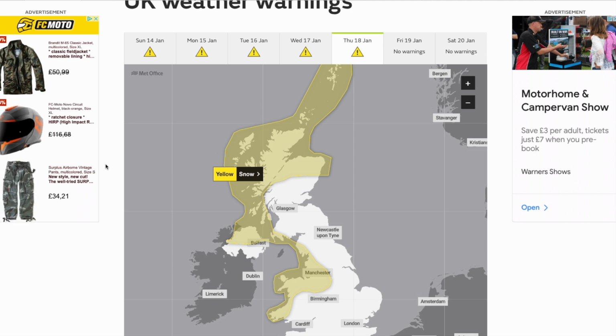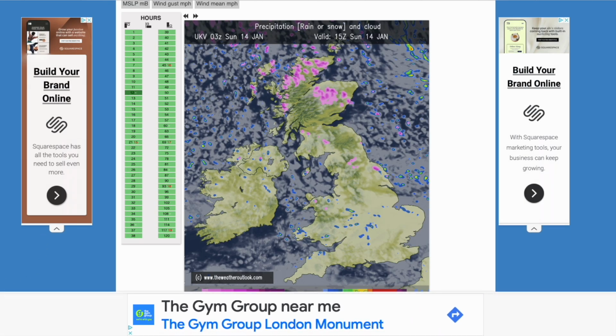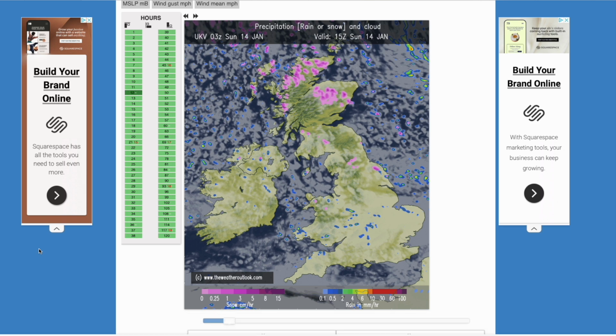Again, areas outside of this yellow warning could still see snow, could still be affected. As ever, we do see lots of surprises, but these are the main areas that have got a high chance at this stage of having impactful snowfall. Now, if you go over to the UK view, we'll be able to see that there are going to be areas of snow elsewhere, just very uncertain, differences between different models,